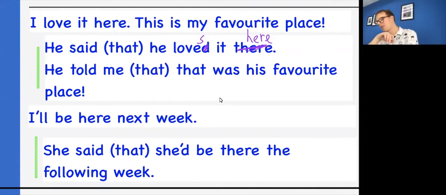The only thing I had to change, as always, right, for this exception rule, right? I just have to change the pronoun, and of course, with the pronoun change, I have to change the verb conjugation. Okay. And then this is my favorite place. Same idea. That is his favorite place. That also, if I know that this, I can point to it, right?